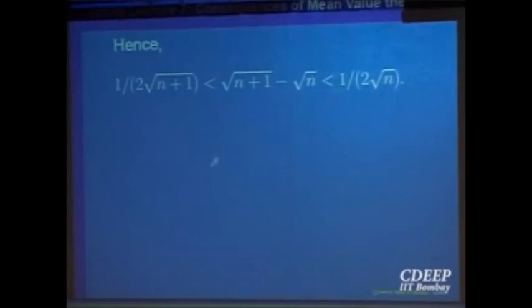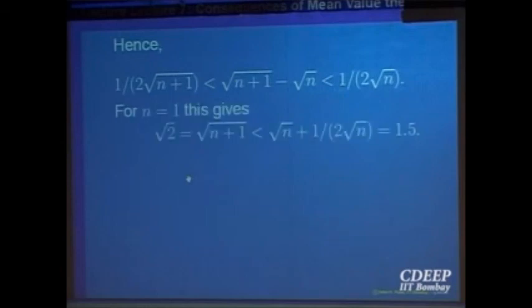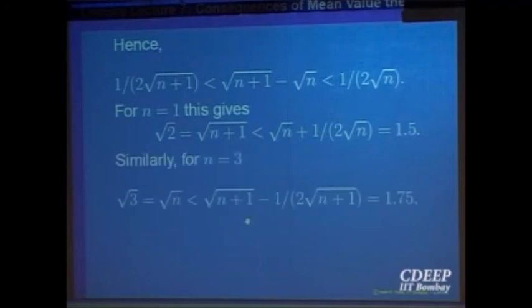I can use it. For example, let us use it for n equal to 1. What does that give me? This is true for every n, right? So with n equal to 1, square root 2 is less than, taking this on the other side, square root n plus 1 over 2, so that is 1.5. So you get a bound for square root 2. Similarly, you can use it for square root 3, square root 5, and so on. For n equal to 3, if I use it, then I get it is less than 1.75 using the same thing.